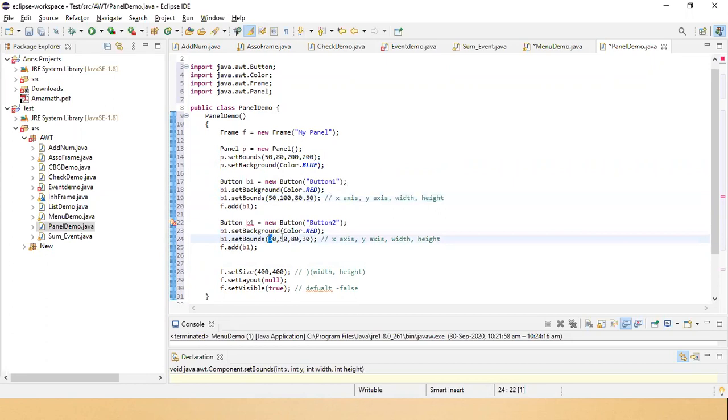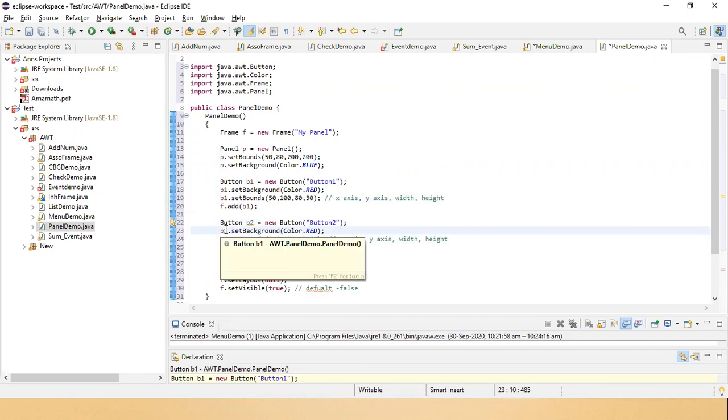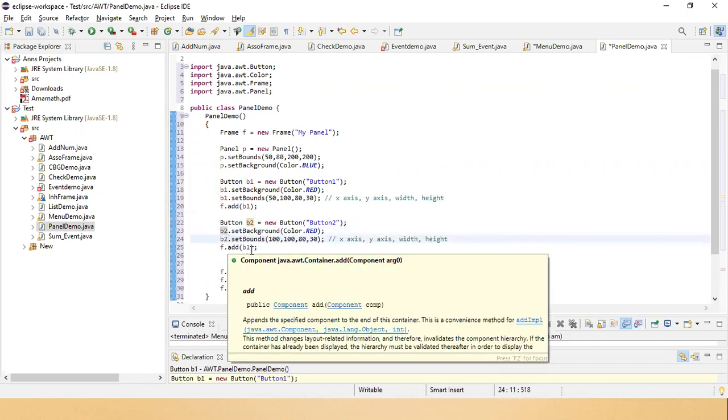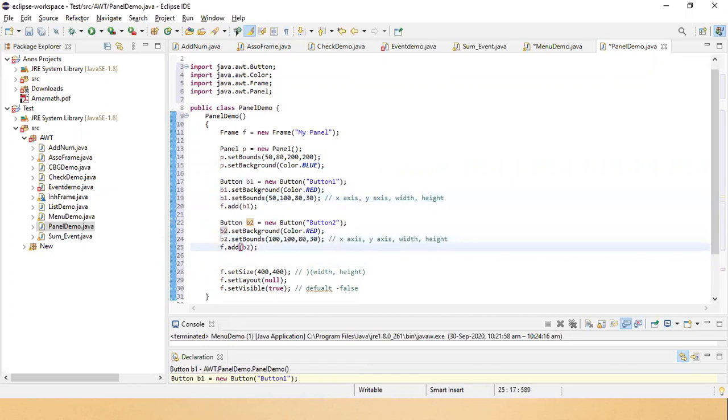This I will have it 100, 100 then. This is not button B1, this is button B2. Okay, now I have a panel, I've got two buttons, but I want my buttons attached